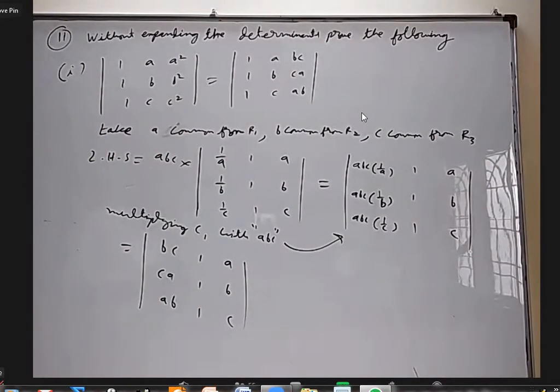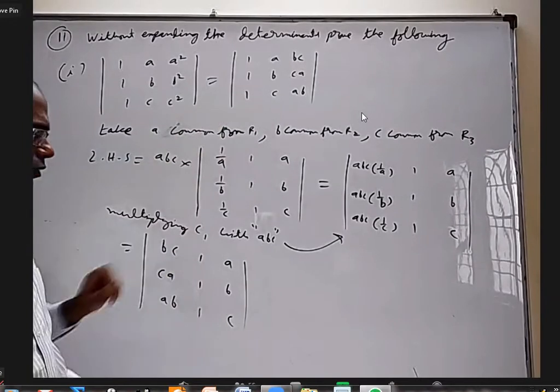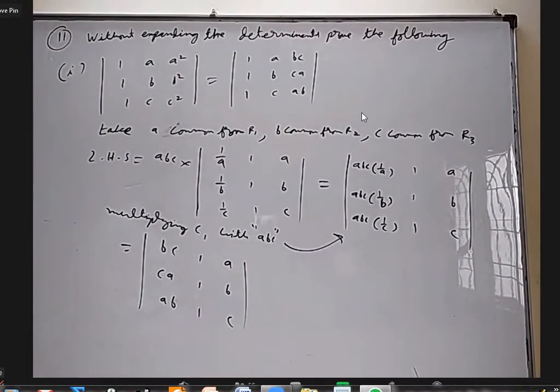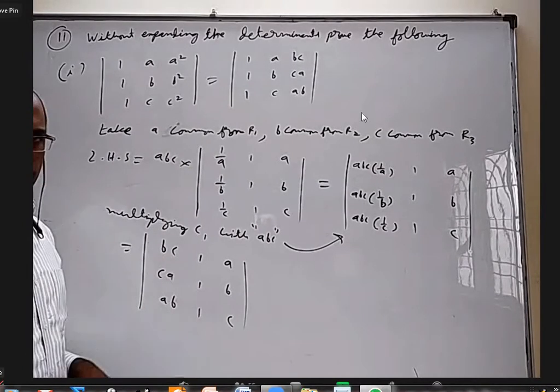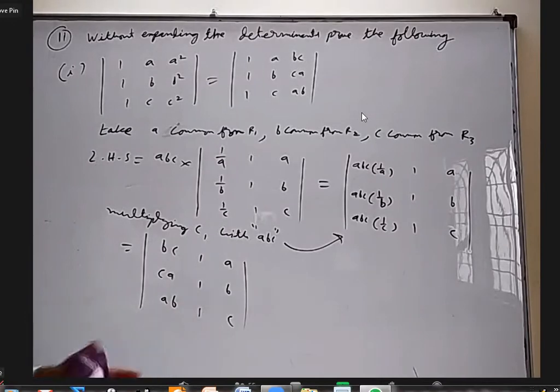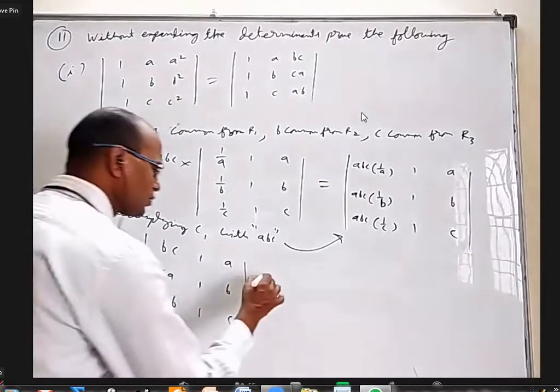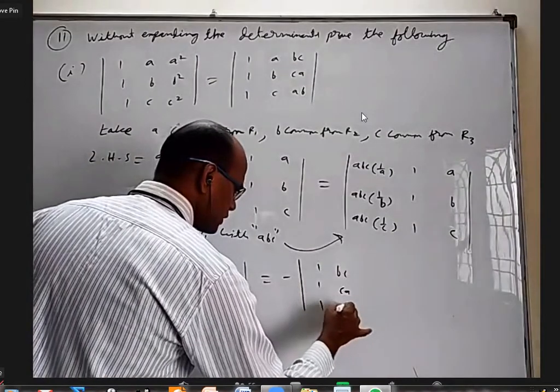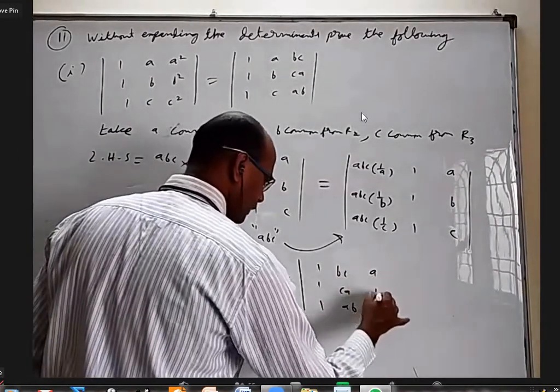Okay, now I'm almost there. I have to prove these two are equal. There is a cyclic order. The first one goes to last. I said if you change cyclic order, nothing will change. But still, if somebody wants another way, I want to interchange these two columns. When I interchange two columns, minus will come. So minus 1, 1, 1, BC, CA, AB, ABC.